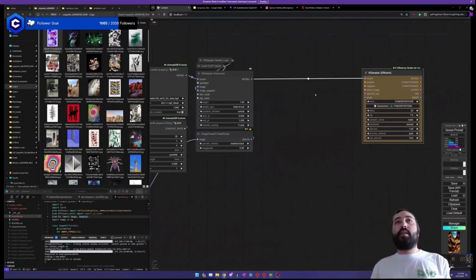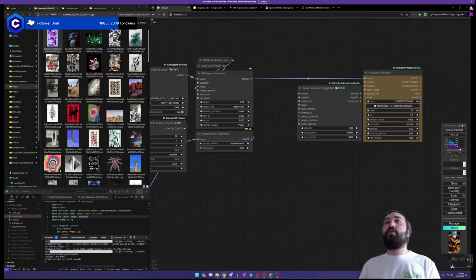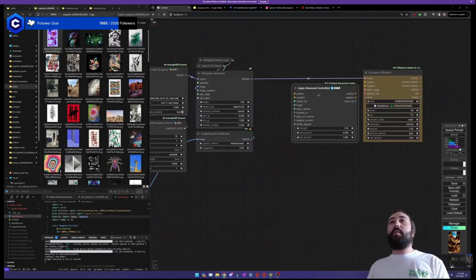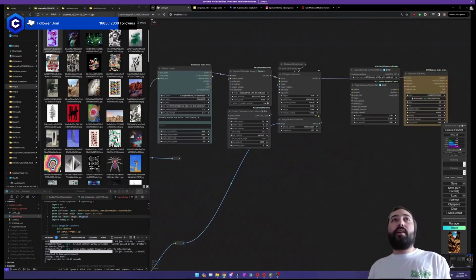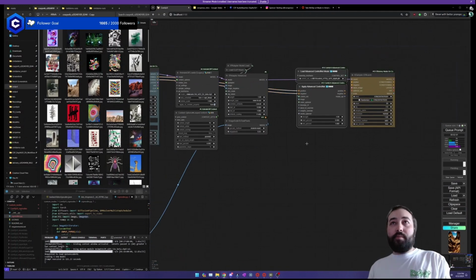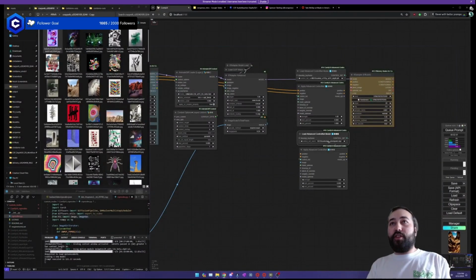And yeah, so now I'm going to add some control nets. I like to use 2 different control nets for this workflow. The first one is going to be depth. So we're going to do control net loader advanced. Going to get our depth here. And let's plug in our conditioning positive and negative. And then let's go ahead and duplicate this. The other one we're going to use is control GIF, which shows up as just control net checkpoint.